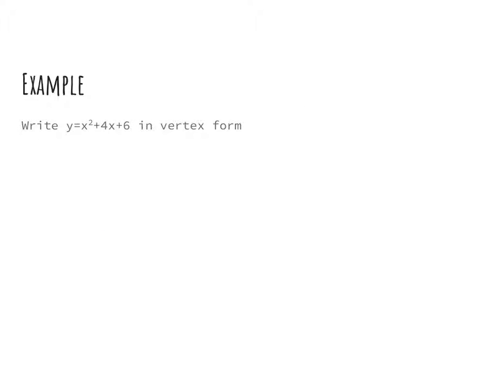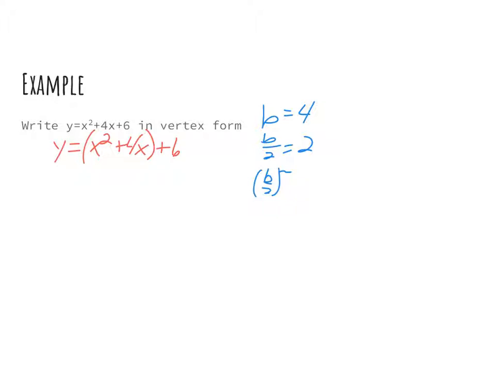So I've got another example here. y is equal to x squared plus 4x plus 6. Again, I'm going to put parentheses around the x squared and x term. Off to the side, I'm going to find b, which is going to be 4. Divide that by 2 and get 2. Square that to get 4. So I'm going to add 4 inside the parentheses to make it a perfect square. And to keep it even, I'm going to subtract 4 outside on the end. So what that's going to give me,